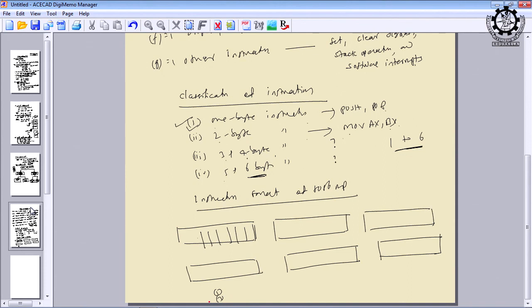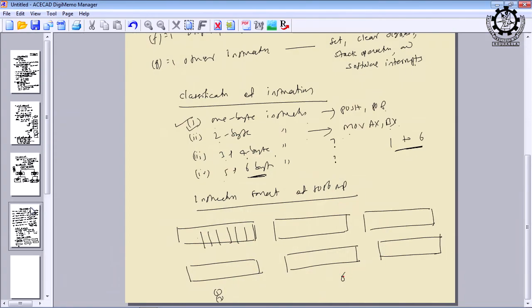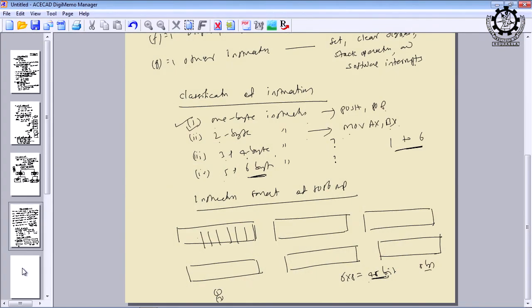So, next class we shall see each bit position of all the 6 bytes. 6 bytes means 6 into 8, that is 48 bits. So, we can say that the maximum length of an 8086 instruction is 48 bits. Minimum is 8 bits and maximum is 48 bits. But how are these 8 bits or 48 bits distributed?